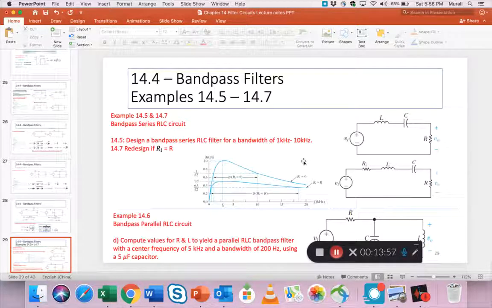The center frequency also is given, that's part of the problem, so that stays the same. What changes? So bandwidth becomes R plus Ri by L. So previously it was just R by L, the bandwidth was 9 kilohertz. Now it becomes 18 kilohertz,